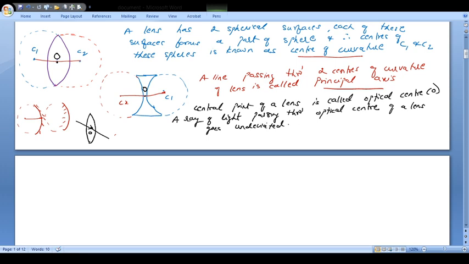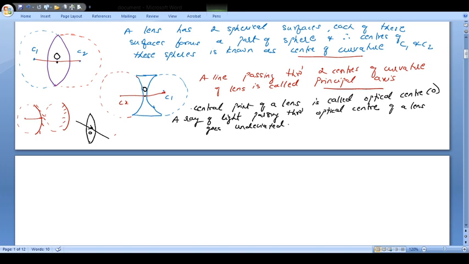And see, when we have this condition that a ray through the optical center passes undeviated, here we are assuming this is only true for thin lenses. You will not be writing this, but it has to be a thin lens. And what is a thin lens? We'll just see it. I hope this part is clear to you. If your lens is very thick, then you will find that probably it will not go undeviated. But this is only possible through a thin lens.